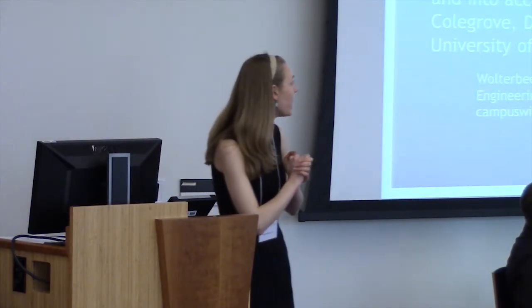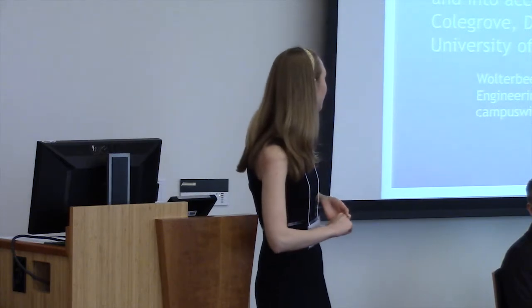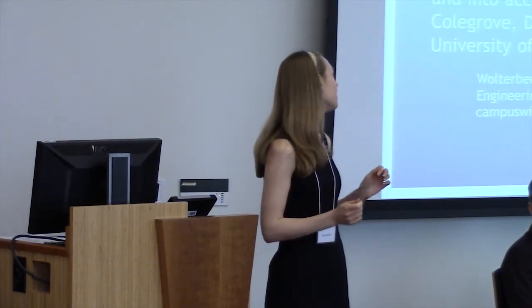So when I talk about expanding access to technology, I want to say that a lot of universities actually already have 3D printers, but they're usually kept in specific departments. So it might be in the engineering department or the architecture department, but not available to the campus-wide community. So by moving the 3D printer into the library, it now democratizes this technology, makes it available to all, and as Todd Colegrove from the University of Nevada says, we've brought the technology out of the lab and into access